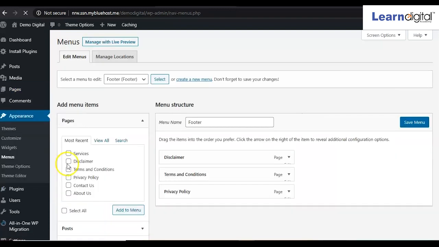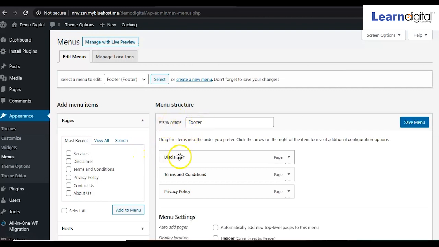In the menus option, we can see right now the menu name is footer. In the footer part, these pages are active. I created a service page and I want to keep it in the header. So from here I will select header, then click on select.